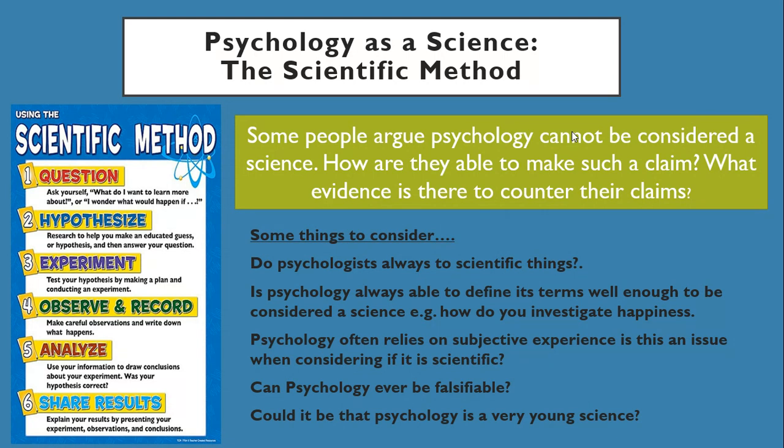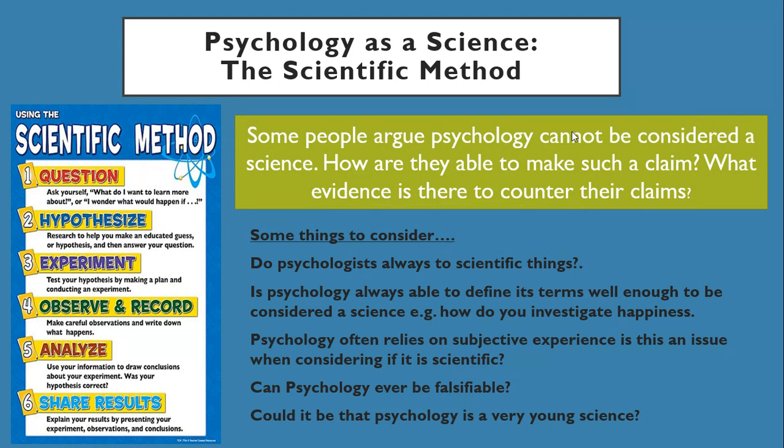And then psychology is, if it's a science, it should be able to be proven wrong. It should be falsifiable. There are some aspects of psychology that are falsifiable, so some approaches that you can try to disprove, but there are also some areas of psychology that are not falsifiable. So looking at psychology as a science does kind of have its difficulties.